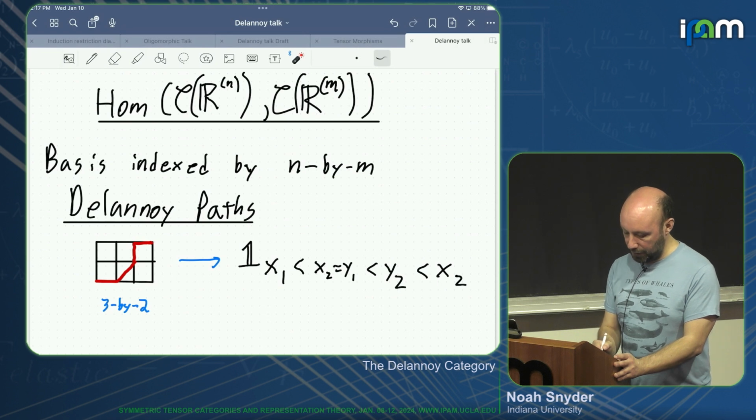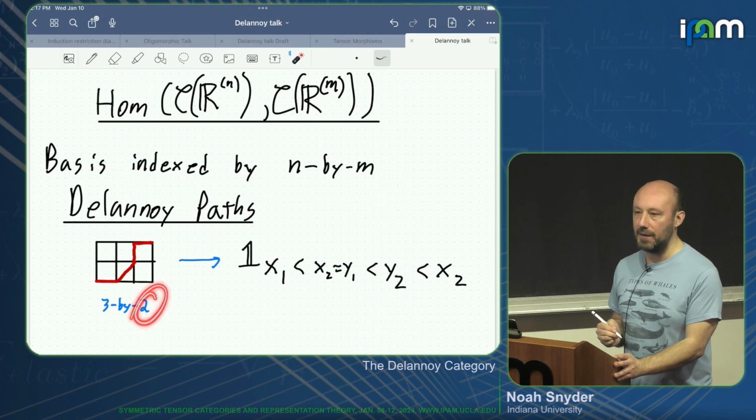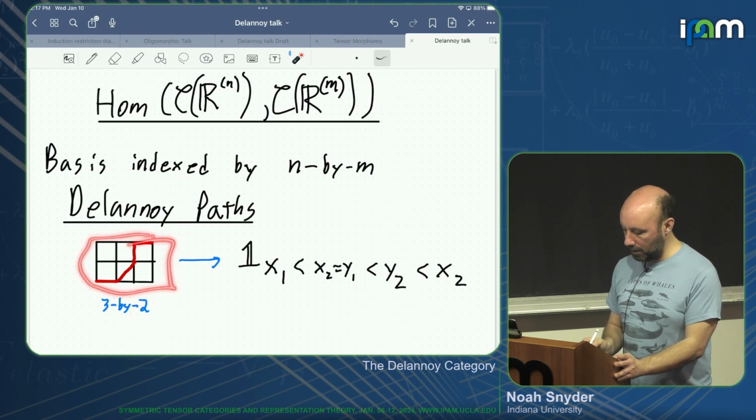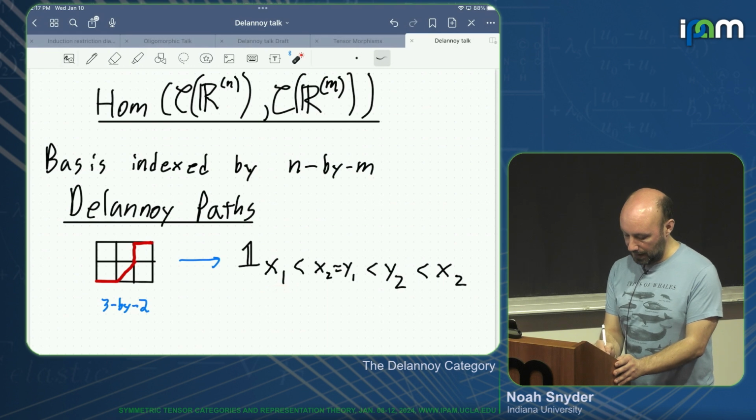I have 3 input variables, which I'll call x's, and 2 output variables, which I'll call y's. And this picture is going to correspond to the characteristic function of the property x1 is smaller than x2 because I stepped in the x direction. Now I step in,